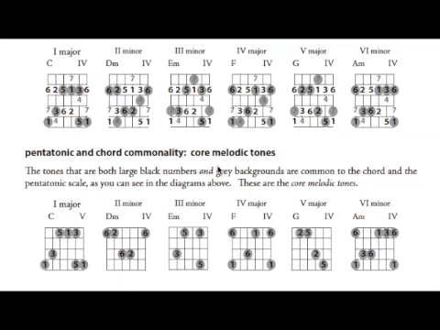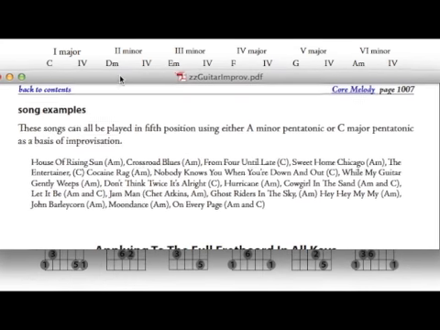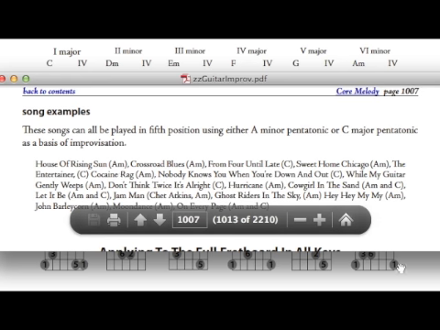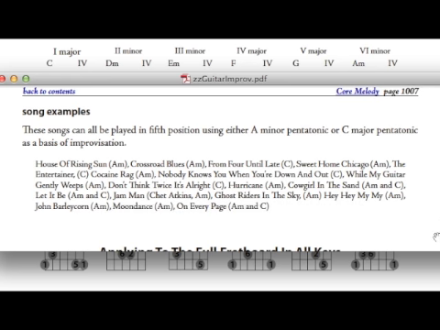Fretboard awareness for an example of A minor pentatonic, fingering 1 in the 5th position, using the C major scale. A minor pentatonic can also be C major pentatonic. Here's a list of songs that could use these, and after each song title it says whether it's in A